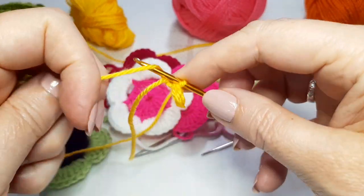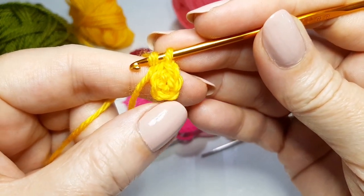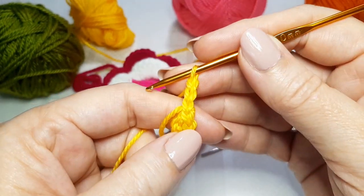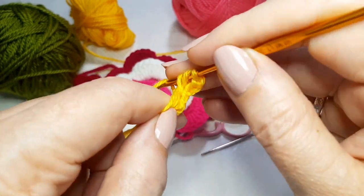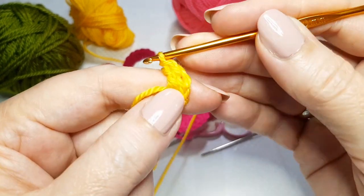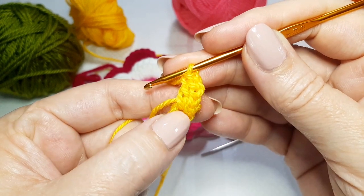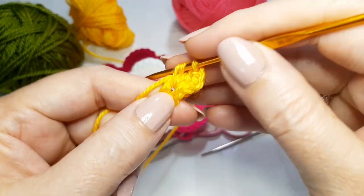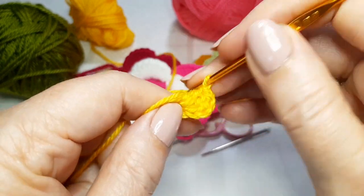And chain 3. Like this. 1, 2, 3. And now we need another 14 double crochets in that ring, because we need a total of 15. So that's the 3 chains will count as a double crochet. There's our first double crochet, which counts as a second. And this is the third. I'm just going to do this flower with you. Third double crochet and